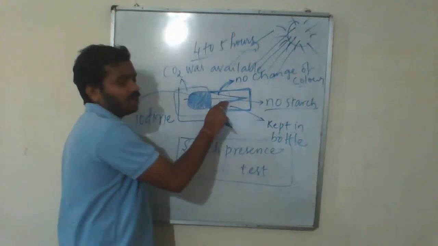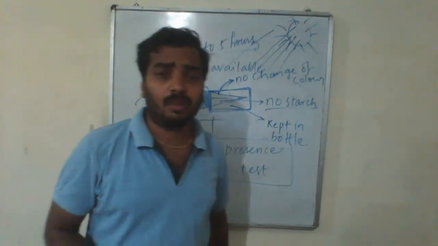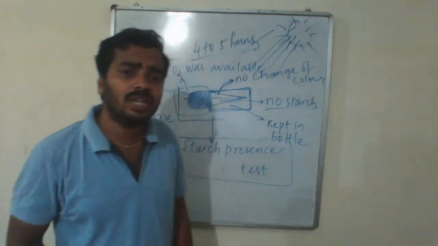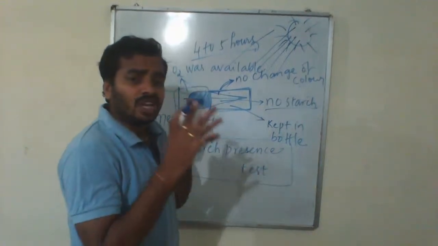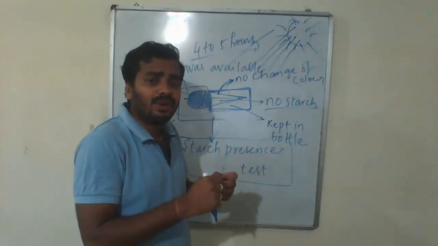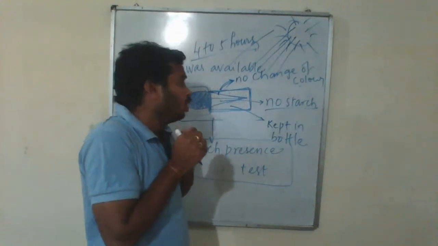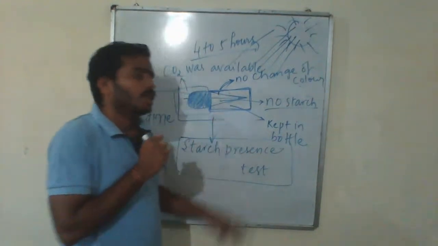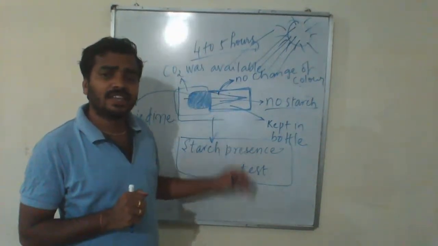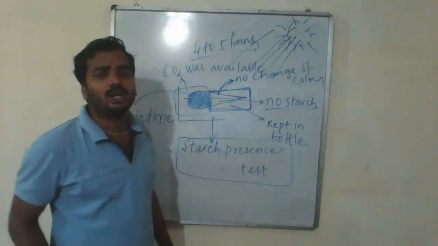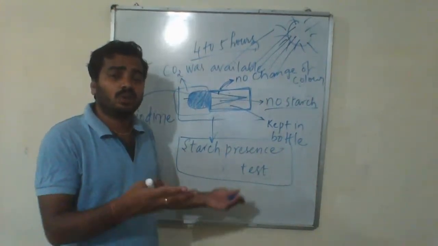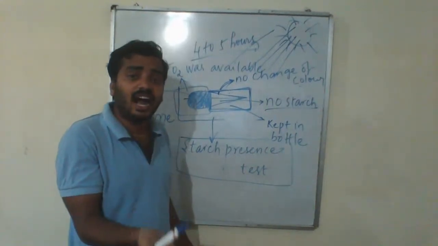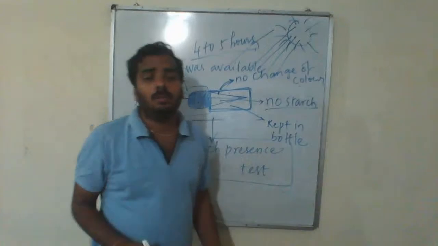బాటిల్ లోపల మనం ఈ పర్టికులర్ లీఫ్ పార్ట్ ని బాటిల్ లోపల పెట్టేస్తాం. అక్కడ there is no availability of CO2, అవైలబిలిటీ లేదు. ఎందుకు CO2 అవైలబిలిటీ లేదు? Because we have put KOH solution in the bottle. That KOH solution will absorb CO2, which makes CO2 unavailable for this particular part of the leaf. And we can now say that CO2 is necessary to perform photosynthesis. If CO2 is not available, no starch was prepared. If no starch was prepared, that indicates that no photosynthesis was performed.